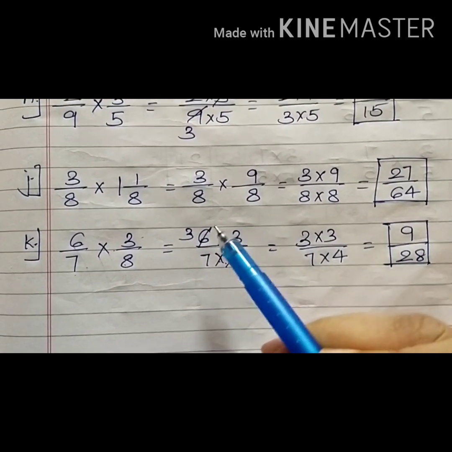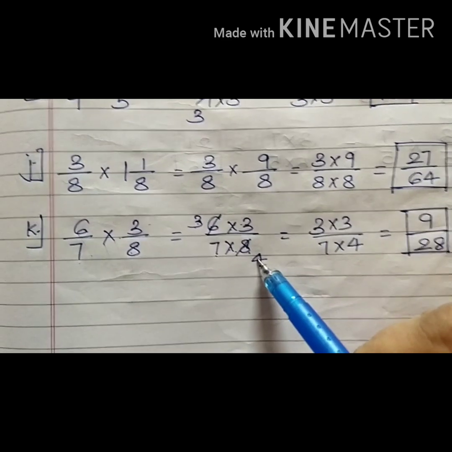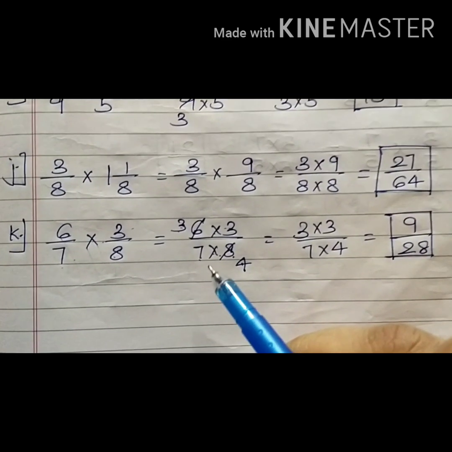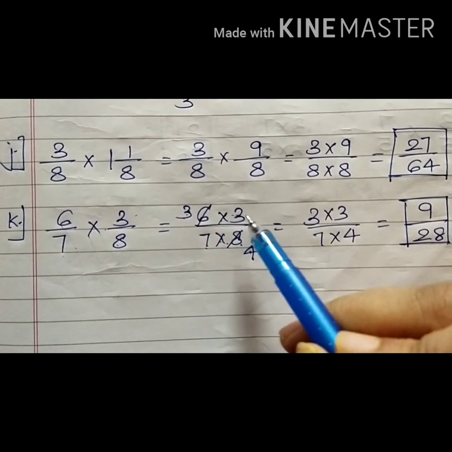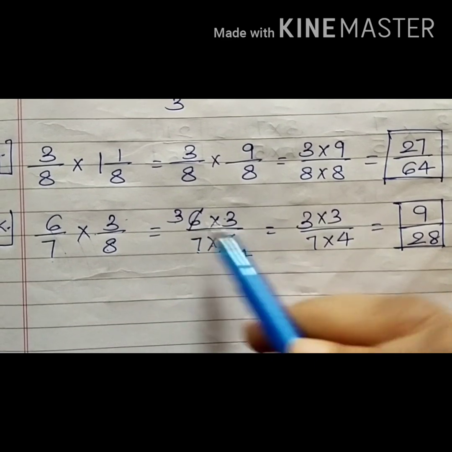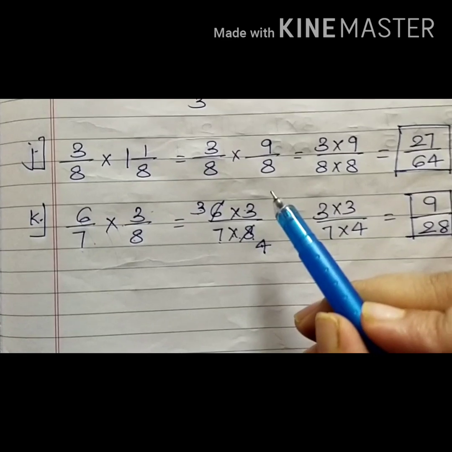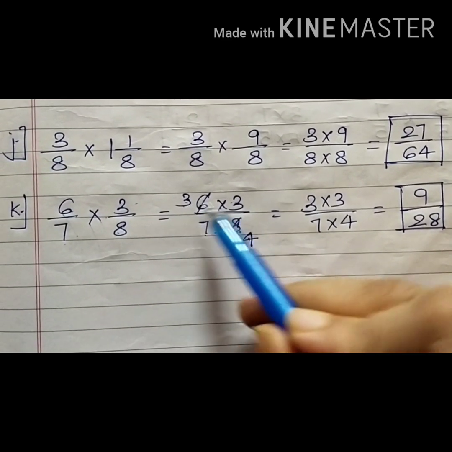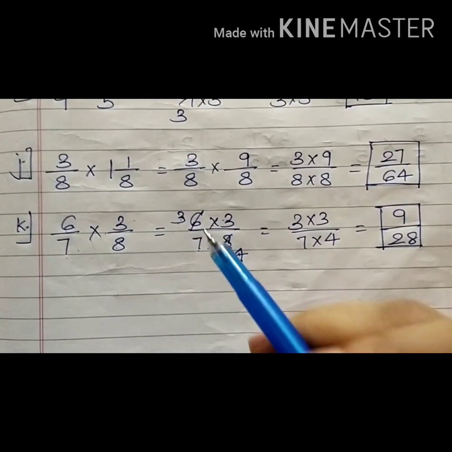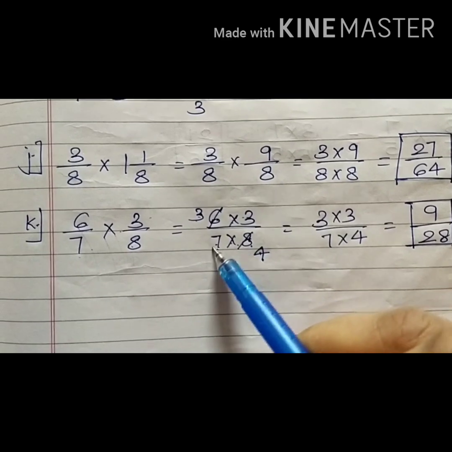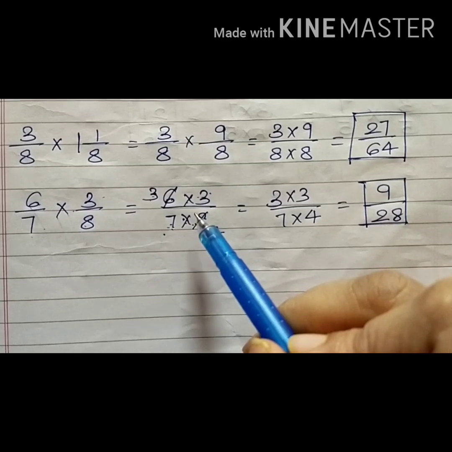Now please note, children, you can never reduce the numerator with the numerator and the denominator with the denominator. Whenever it comes to reducing a fraction, it is always done with numerator and denominator. The very first thing after seeing the same number comes is 3 ones are 3, 3 ones are 3. No, this is wrong, it is a misconception. You can never reduce numerators with numerators or denominators with denominators. You can only reduce any numerator with any denominator and any denominator with any numerator. So please take a note of this point, children.